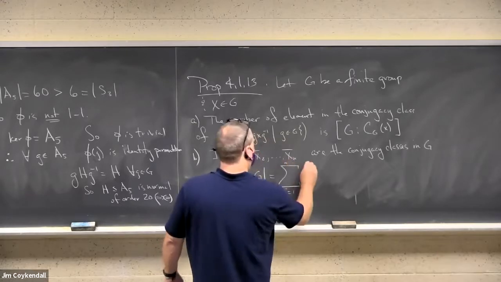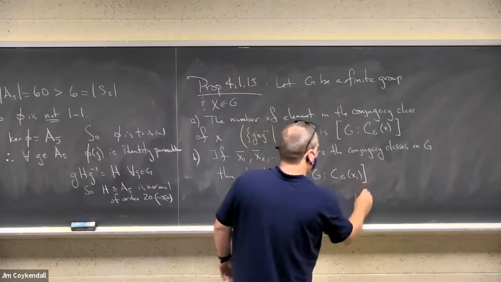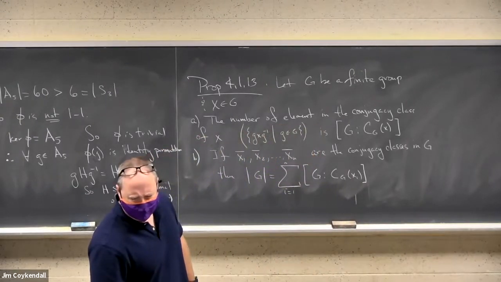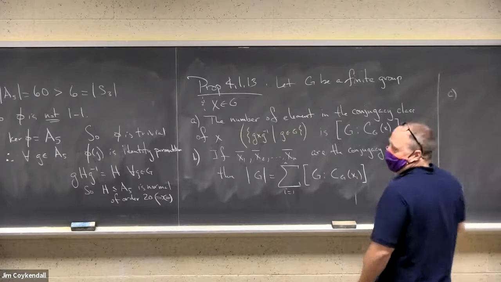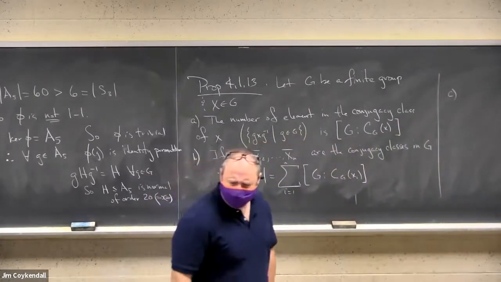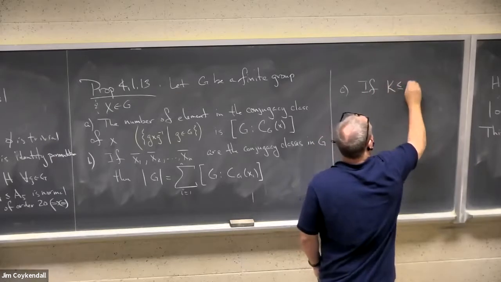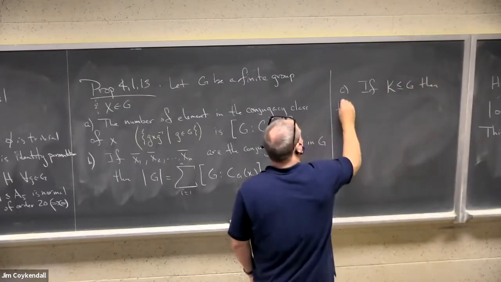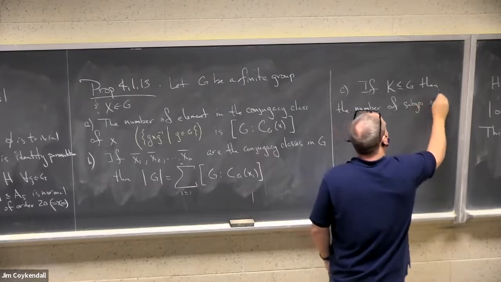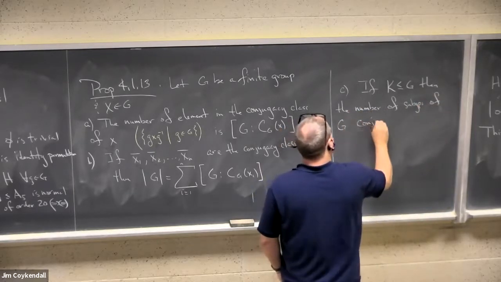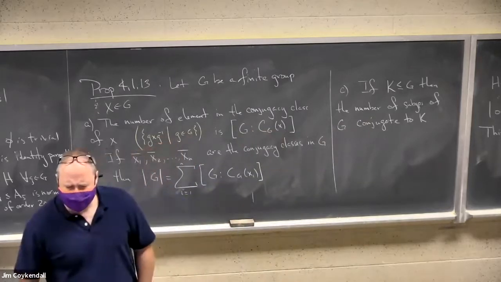is the sum over i from 1 to n, plus the center. And last, we see, if K is a subgroup of G, then the number of subgroups of G conjugate to K is given by the index